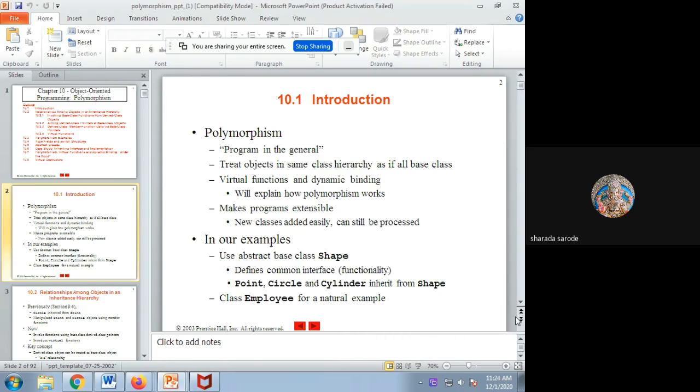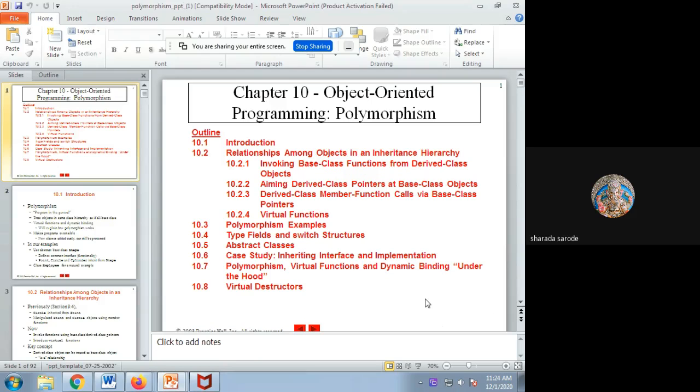Today we are here for attending the polymorphism lecture. In this lecture, what we are going to see: introduction, relationship among the objects in the inheritance hierarchy,